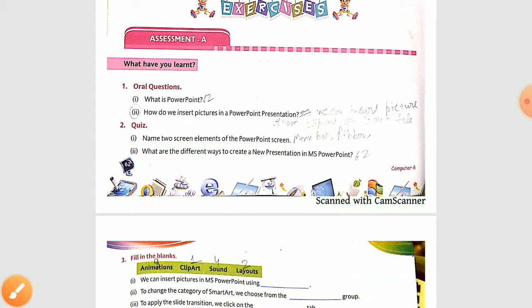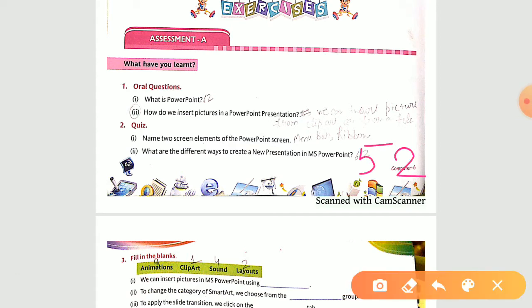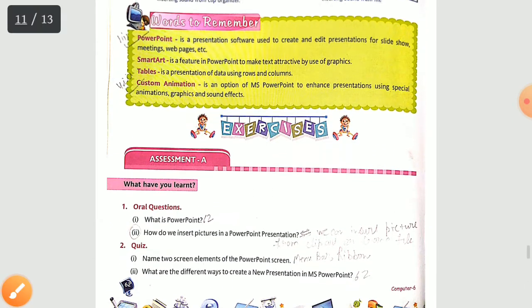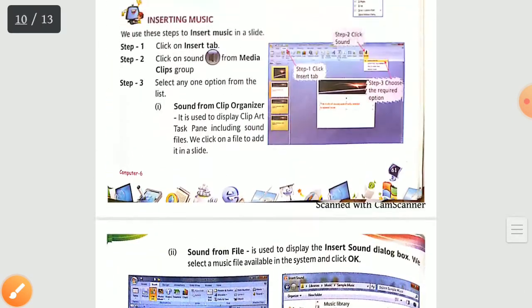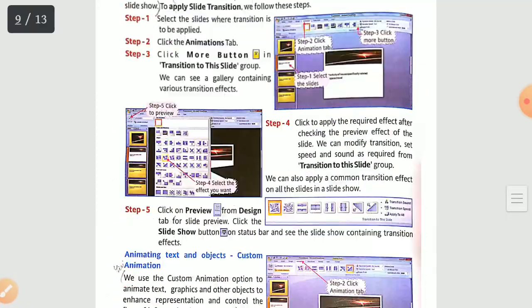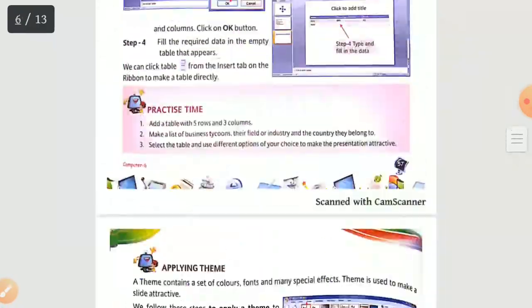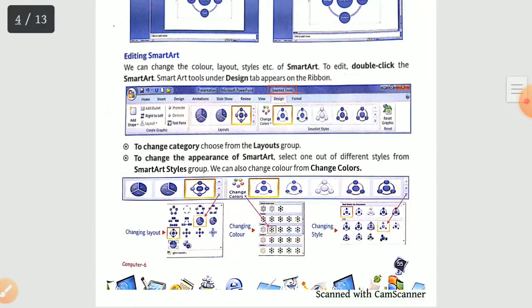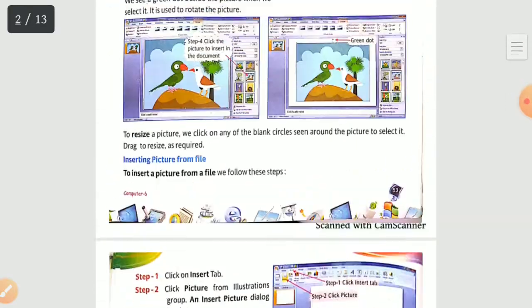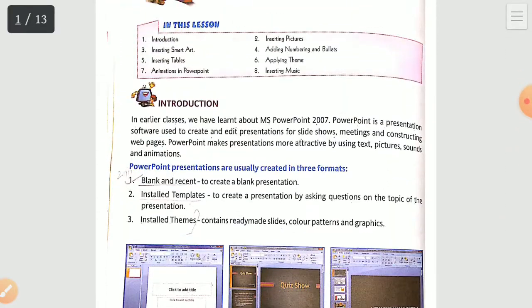For the second one, see the question firstly. What are the different ways to create a new presentation in MS PowerPoint? So for this one, you have to open page number 52. So here we are on page number 52, this one, right?